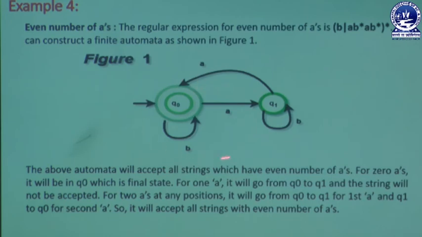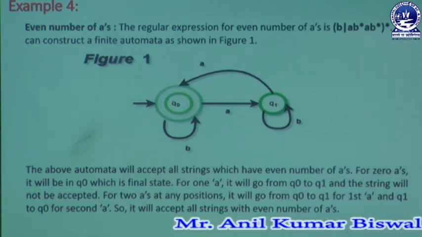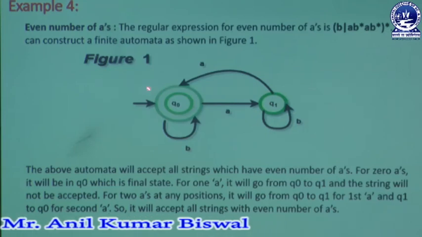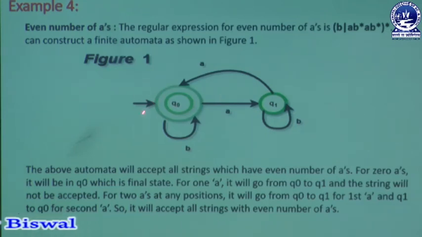In this figure it's one type of expression. Here this expression is already converted, and finally you get this kind of finite automata diagram. In this diagram we have lots of points, and according to those points we can follow it. In the above automata, Q0 is a final state and also the initial state. Both ways it can be considered, there is no big problem, because the string should end with A's. That's why we are getting A's and B.